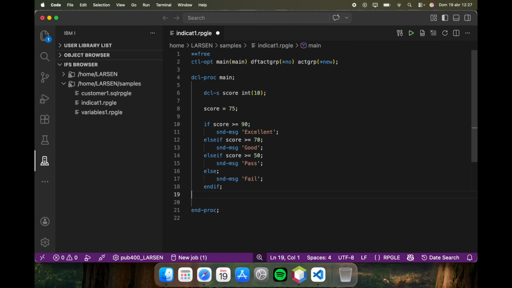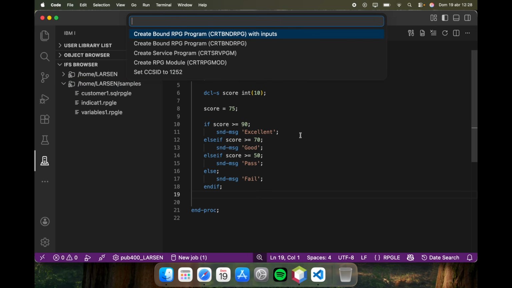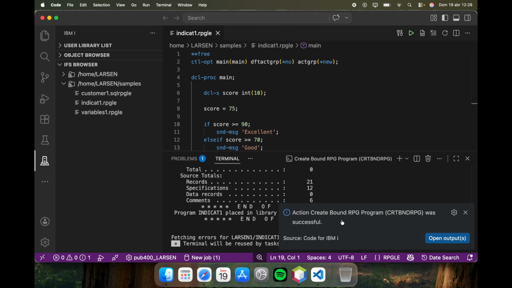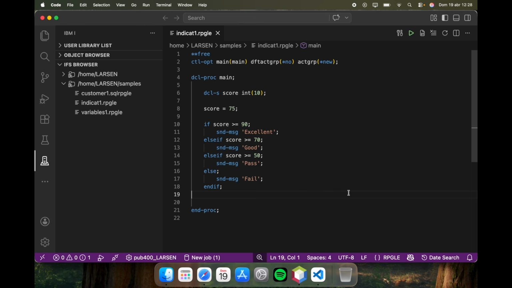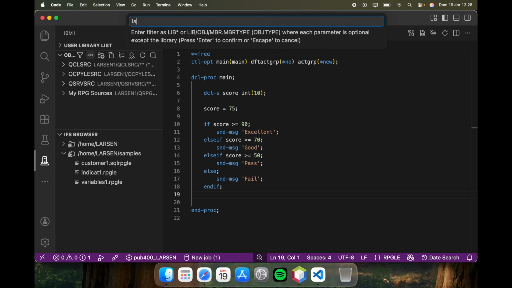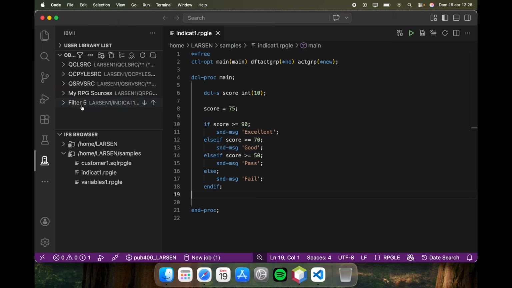Well, let's execute the code. If you remember, we are using this program that is created in the IFS. We're going to compile it using Command E, as in other examples. Okay, the compilation has been correct. We can close this, and we can use a filter to see our program. Let's create it. Let's change it